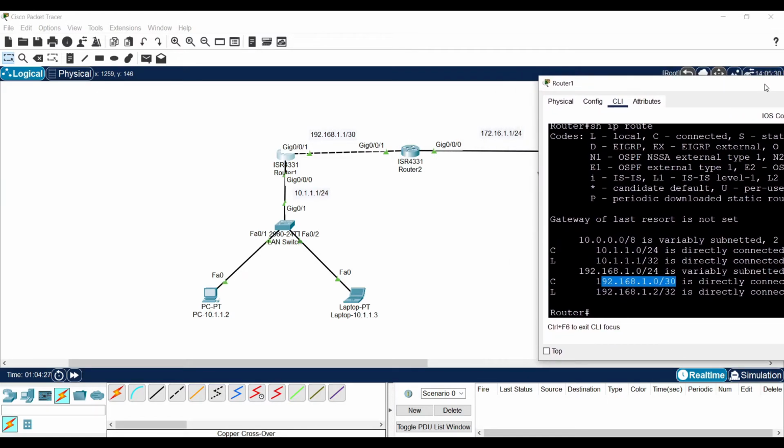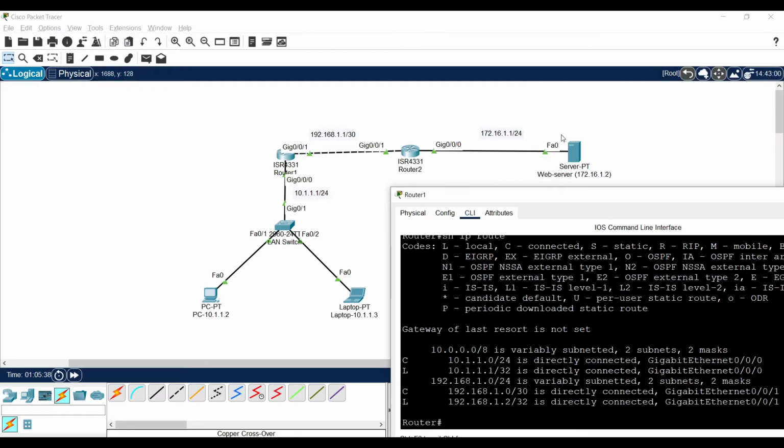I don't know about this 172 network. This router has no idea about this network. Now my destination network somehow needs to be added in this routing table. So this is where ways 2 and 3 come in, the static route and the dynamic route.